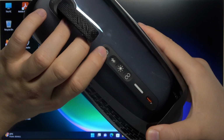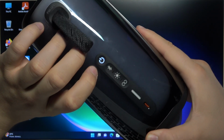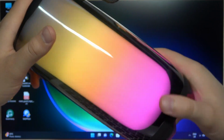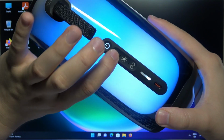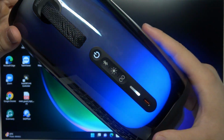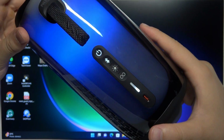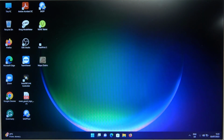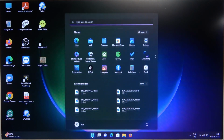So next you have to click once on this power button, and right now it will light up, and also this speaker will turn on the LED. Next, click once on this Bluetooth button. It will start blinking. There we go. Right now we are in the pairing mode,